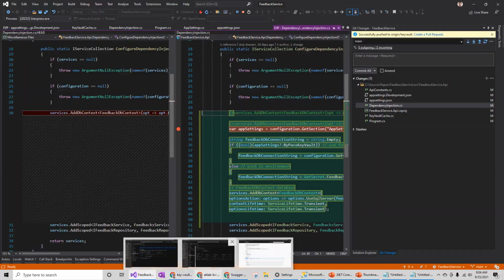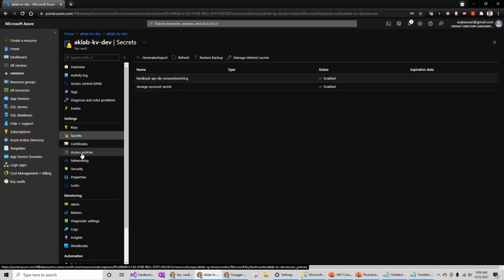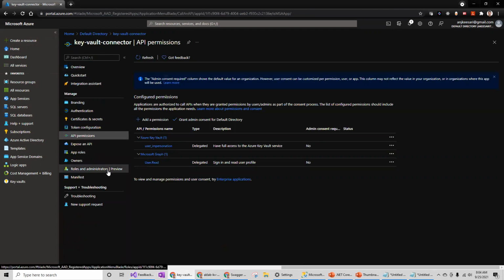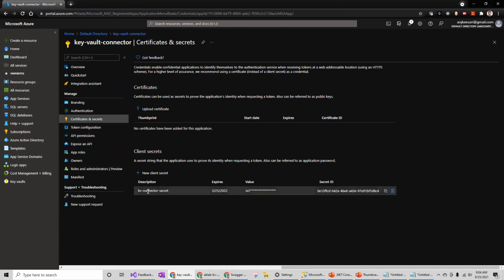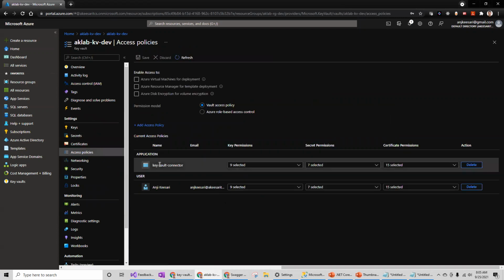And we also created the Azure Key Vault service, added the keys, secrets here, and then registered the app in the Azure Active Directory and created the secret. This is only used for local development. This is not required actually on the server. You see, this is now encrypted, so you cannot get the password anymore. So you created the certificate, copied here, and then you also gave enough permissions to this app to read the Key Vault. On top of that, we also have to give the access policy here.